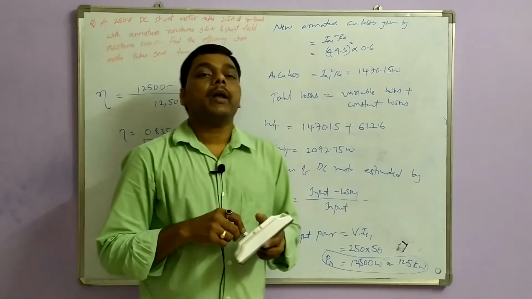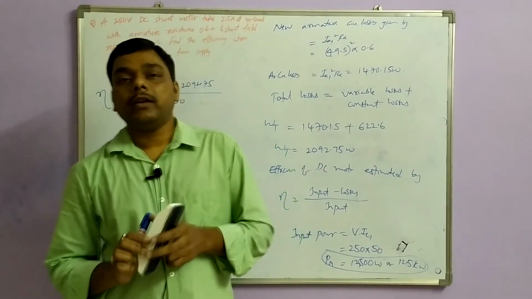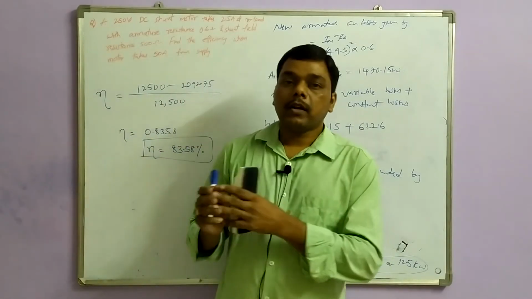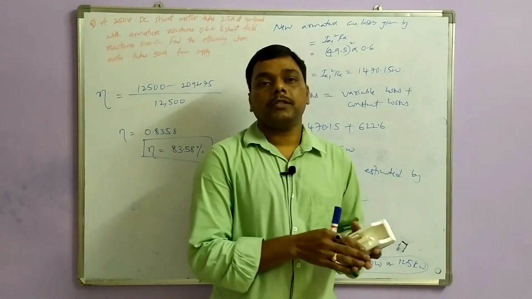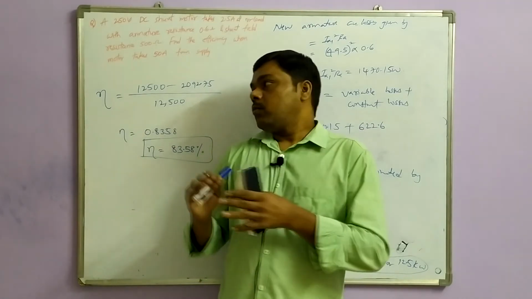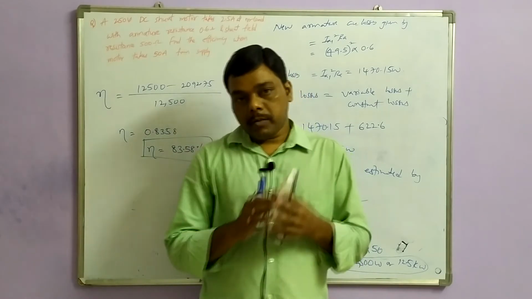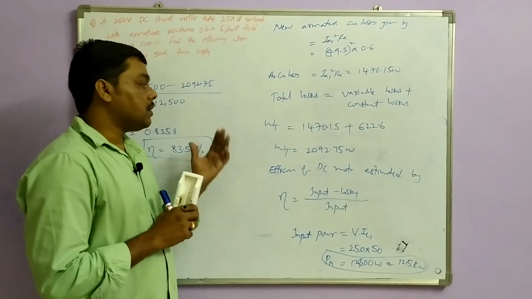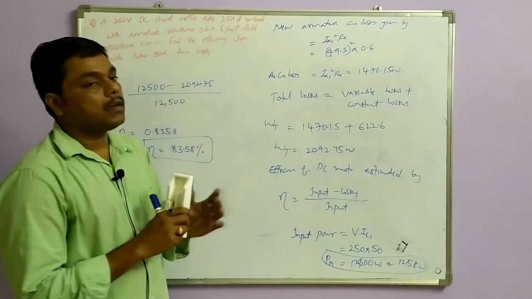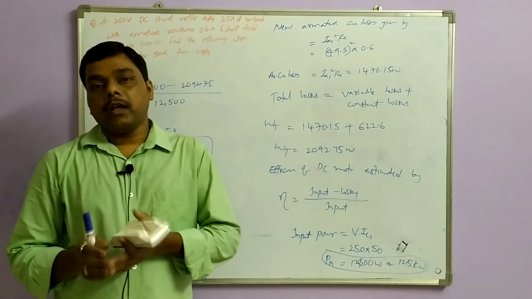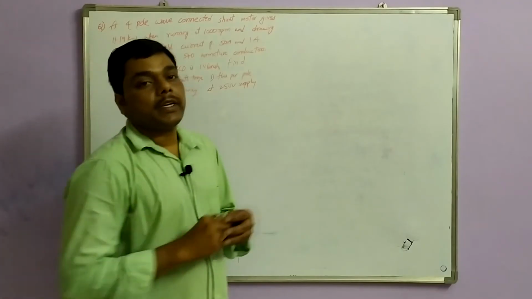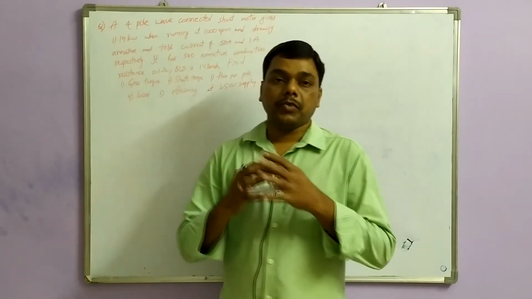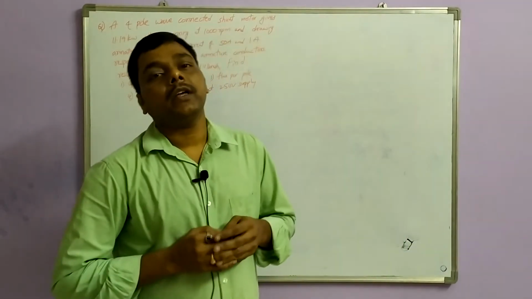The no load parameters are able to calculate the constant losses since it is a shunt motor. So unless the field current changes, the flux does not change, so the motor speed or armature current affects back EMF. So here we calculated the efficiency by calculating the armature current and losses. Now we will do one more problem on efficiency and also torque parameters, calculation of efficiency, gross torque and shaft torque.